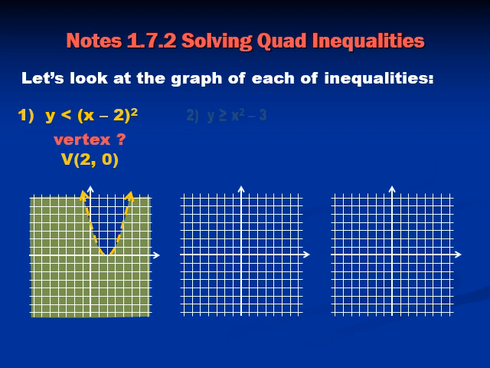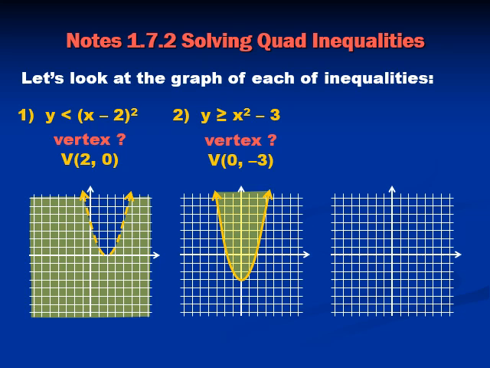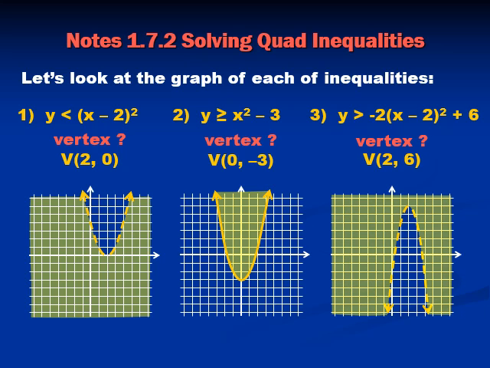And then the next one is greater than or equal to. So here we're going to have a solid parabola and we're shading above it. And the last one is greater than, so we're shading above it, but it's a dashed parabola. Also, this parabola opens down because the leading coefficient, -2, tells us that it's going to open down. But if we think about looking at those equations 1, 2, and 3,